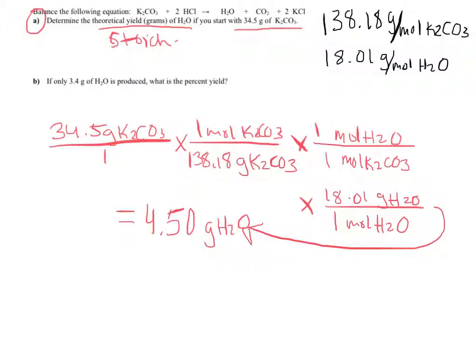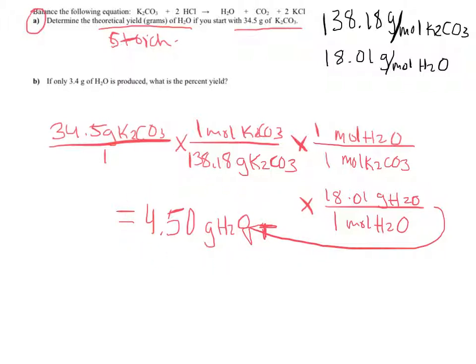So I'm going to put a little subscript of T because this is important. This is the theoretical. What this means is, in theory, if my chemical reaction works out perfectly, no problems at all, everything is perfect, there's 0 error, and I do everything just right, this is exactly how many grams of water I should be getting